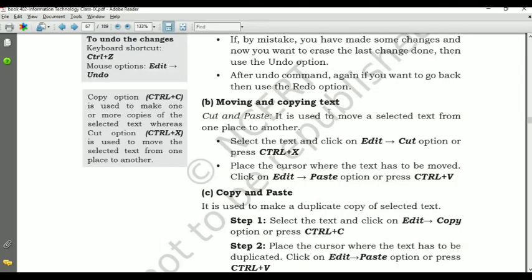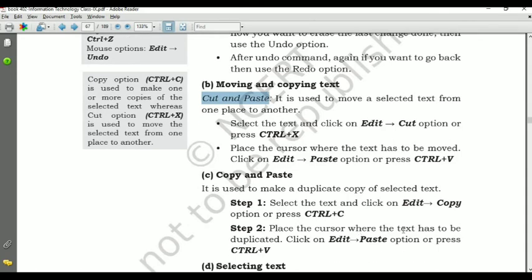Moving and copying text with the help of cut and paste option. Next is copy and paste. Select the text and click on edit copy. Edit is a menu and copy is an option. Or press Ctrl+C. Then place the cursor where the text has to be duplicated.